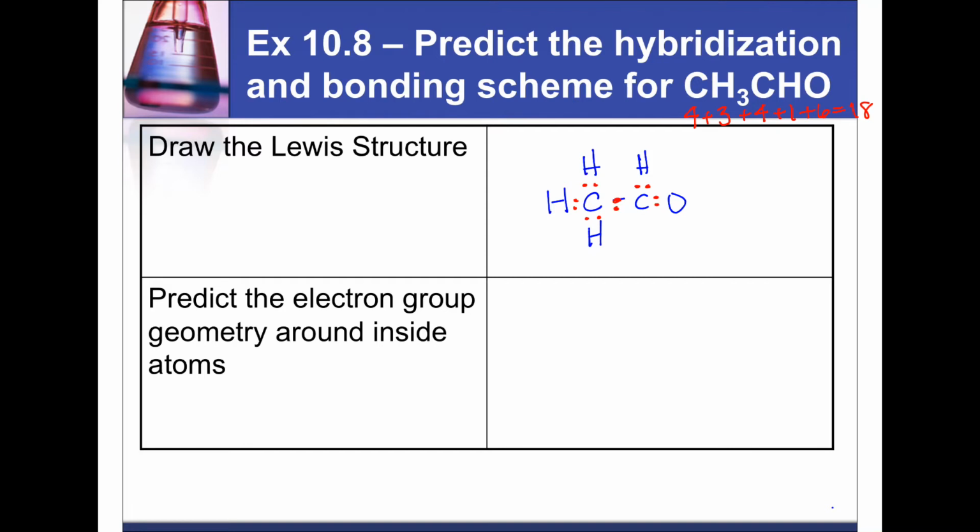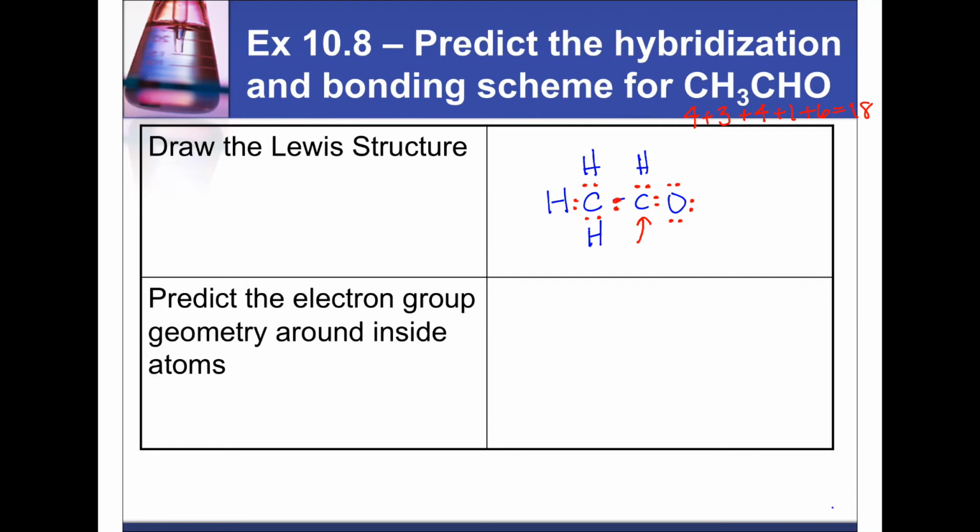When I do that, I've used 2, 4, 6, 8, 10, 12 electrons, and I still have 6 more to put in there. I'm looking for things that need an octet. This oxygen doesn't have an octet yet, so I'm going to put 6 around it. Now I've used all 18 electrons, and I can see that I am missing some, because that carbon there does